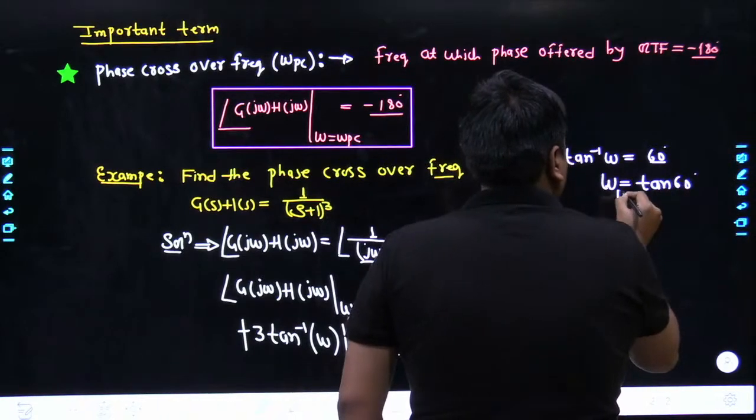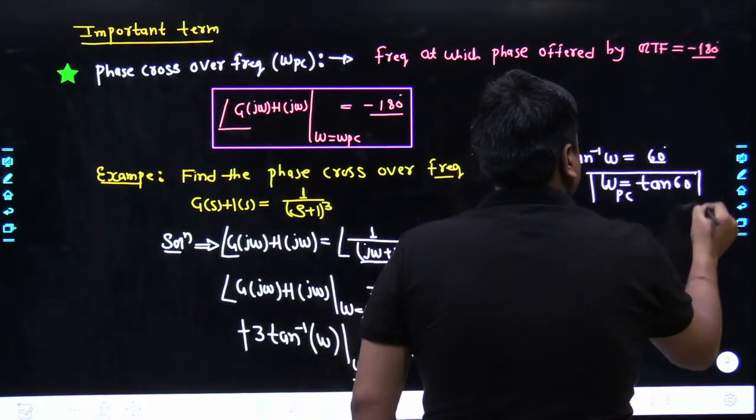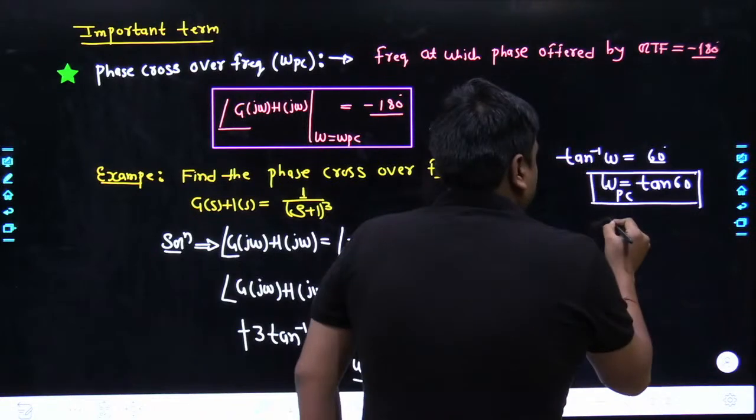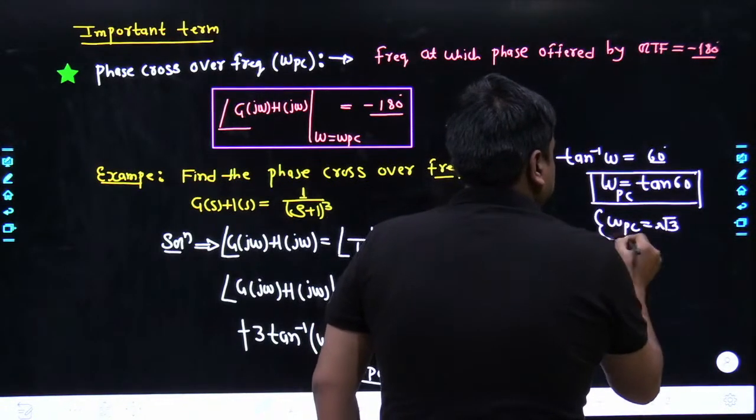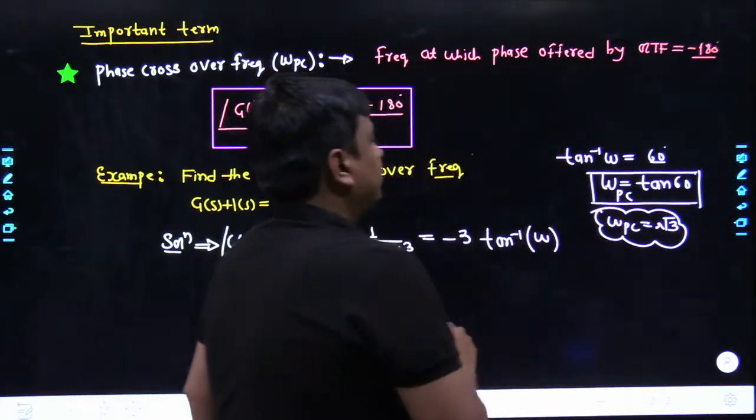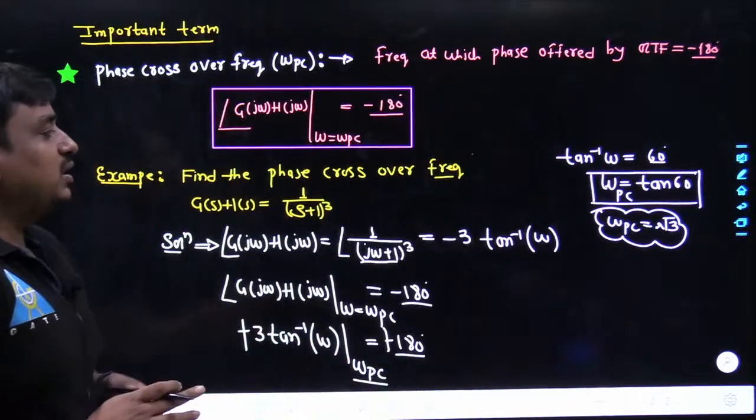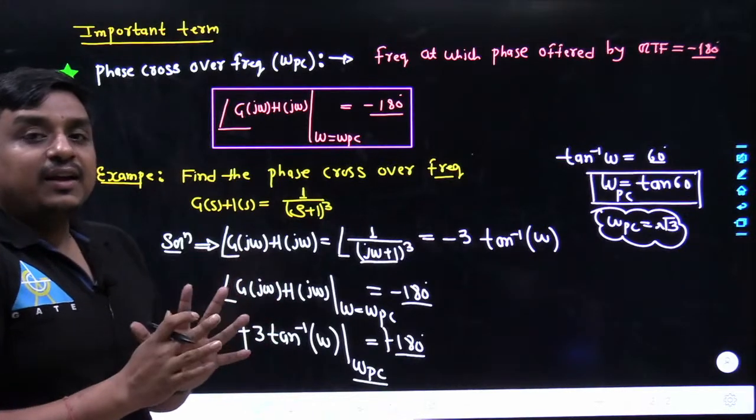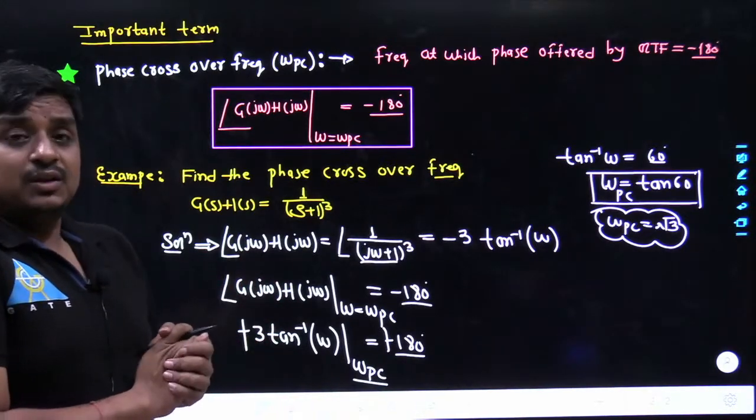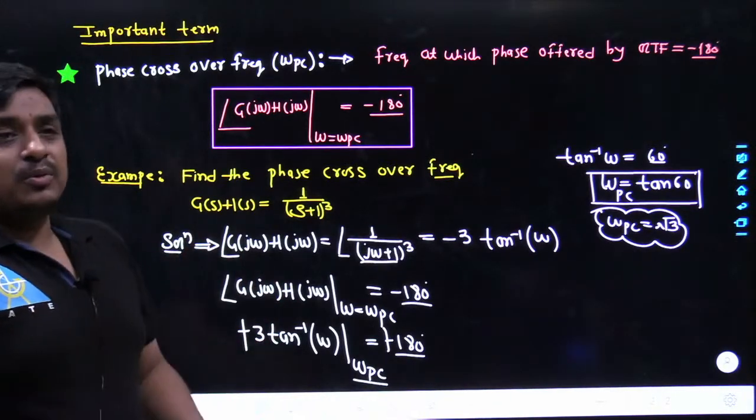1060, and that is nothing but the phase crossover frequency, or the phase crossover frequency is precisely equal to root 3. Could you understand? If this process is clear, just write clear over the live chat, so at least I'll get to know you have a fair idea how to get the value of omega PC. Whereas if we take a complex problem, definitely the